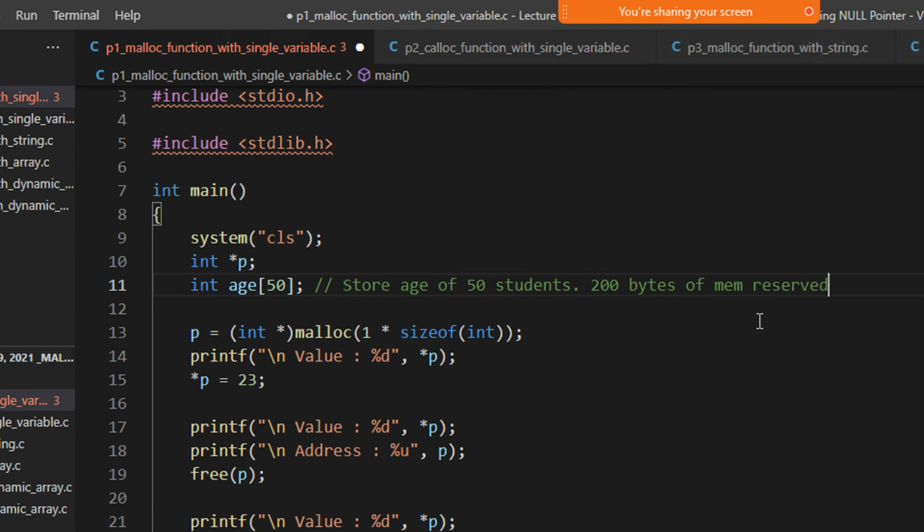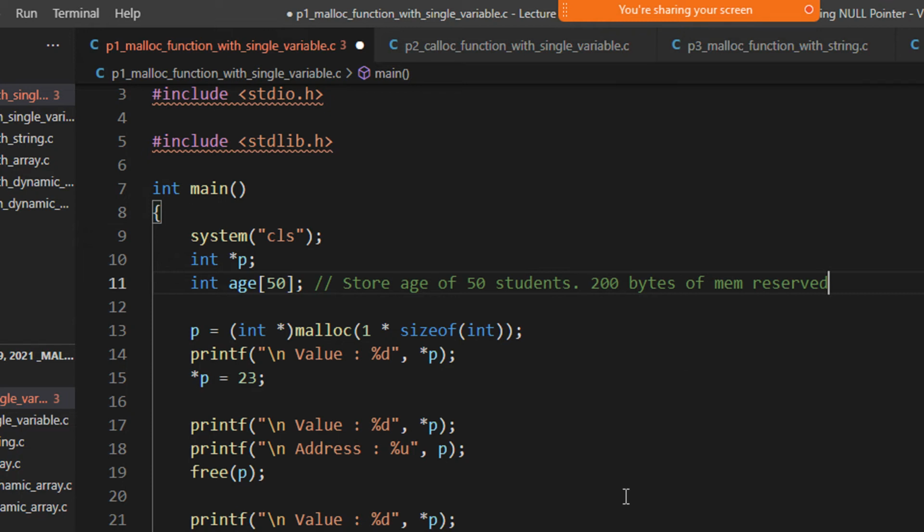Now the disadvantage of this approach that we already saw in arrays is that if you are declaring only 4 students, then the 46 memory allocations go waste. Now you may say, sir, we have like 12 GB of memory and nowadays 1 TB hard disks are coming, why do we care about these few bytes? Just imagine the days in the 1970s when C came into picture, we had a 4-bit microprocessor, and now we have 64-bit. At that time we really had a lot of memory constraint, so saving each and every byte was very essential. That is why we use malloc.